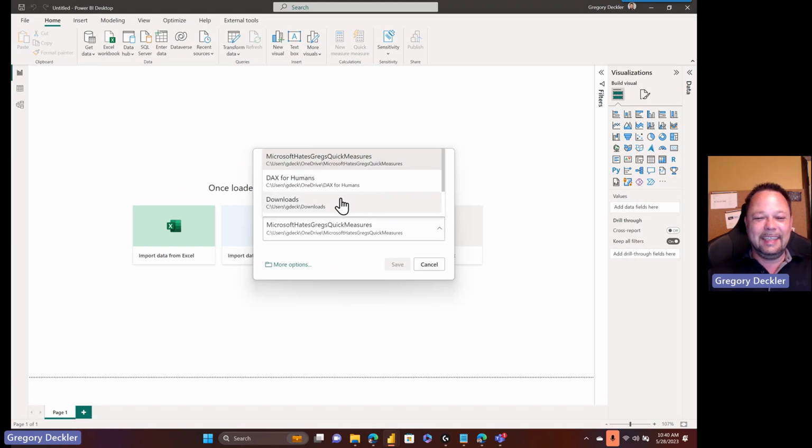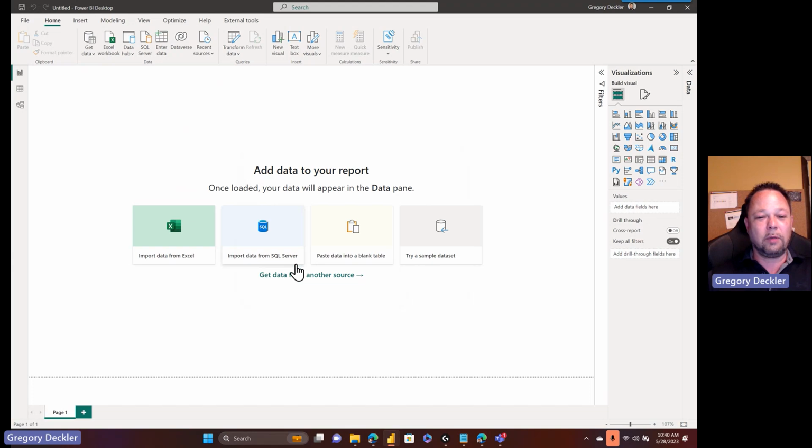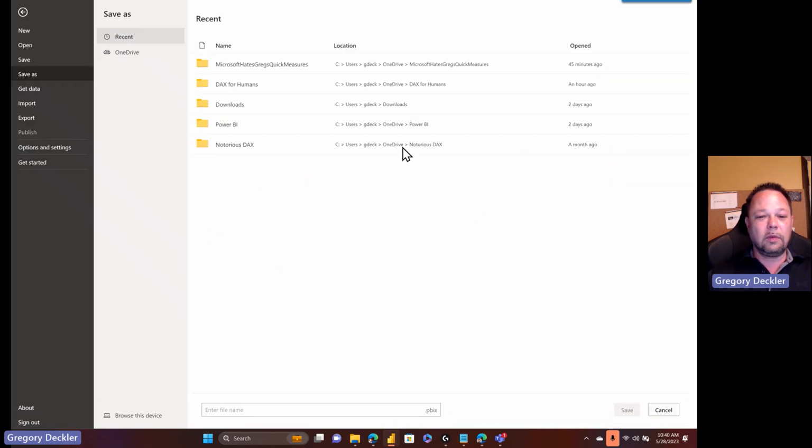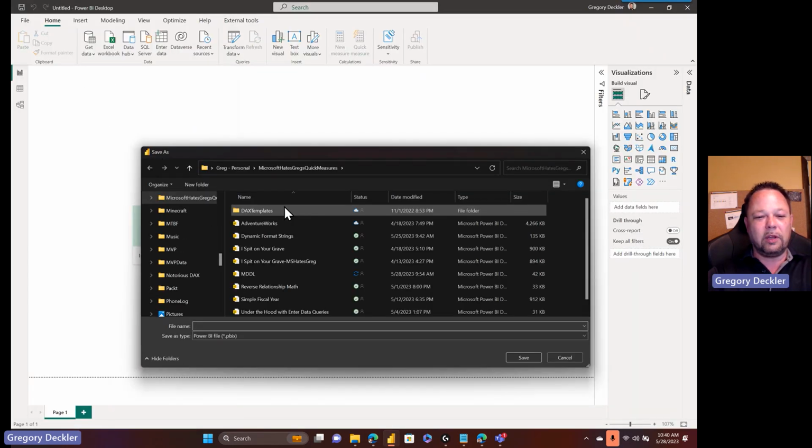And here's the thing: if you don't want any of these locations, like I want to save it somewhere else, instead of having a browse option to bring up the file menu, what do I have to do? I have to click More options, wait another who knows how long, and then I can browse. There's my file menu. Yay! With all the waiting and everything, it's probably going to be a good 10-15 seconds before you can even get to the point that you can save a file. And that is tragic, in my opinion.